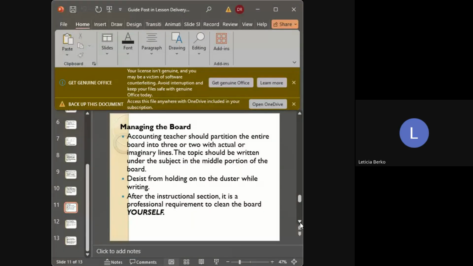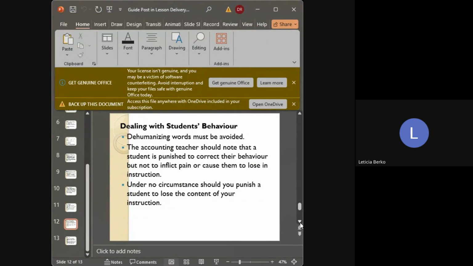Sometimes too, if the student is misbehaving, like maybe talking, you can change the sitting position. If the person is sitting at the far back, you can bring the person forward so that you monitor the person. Or maybe because the person is sitting by a friend, that's why he or she is misbehaving. So when you change the sitting position, that one too can help.